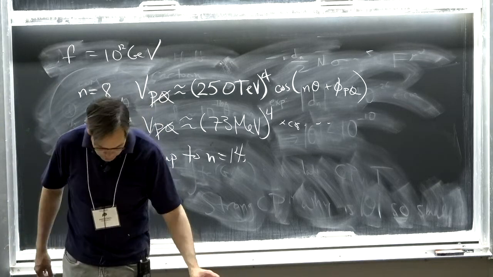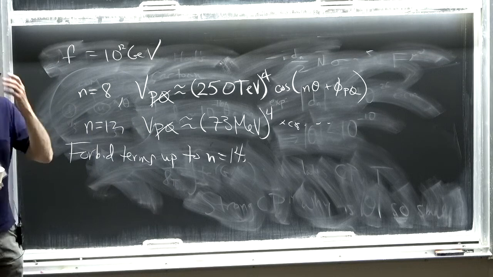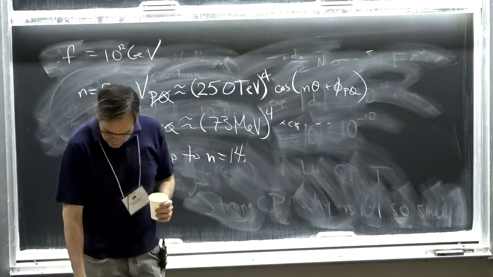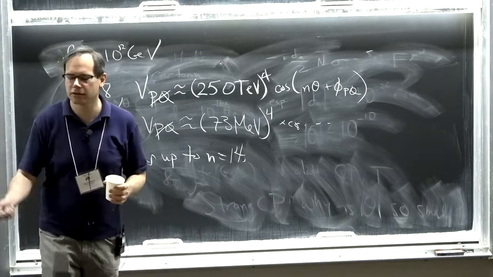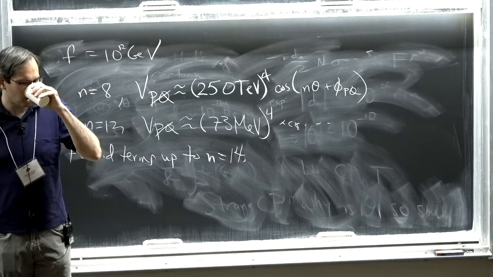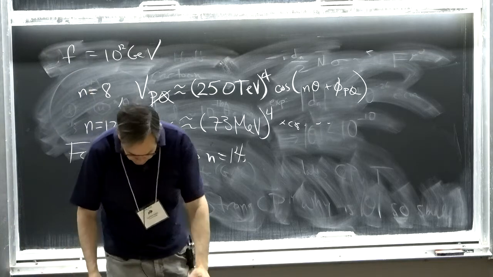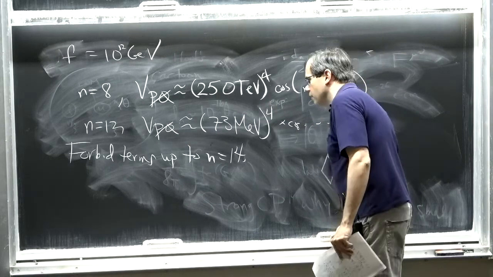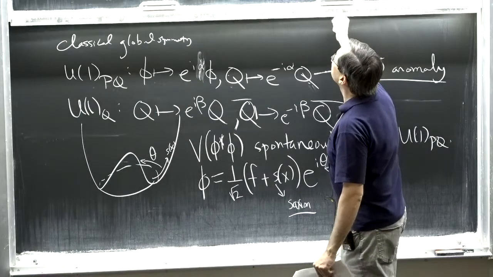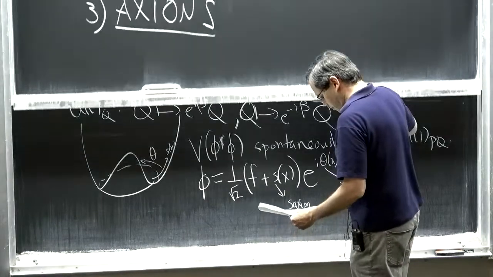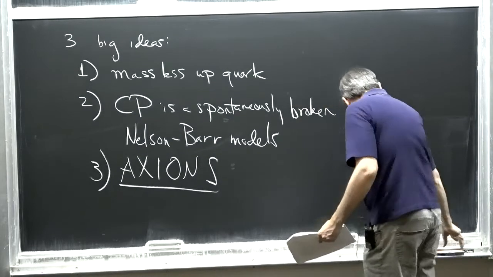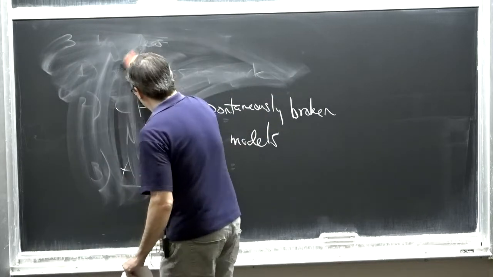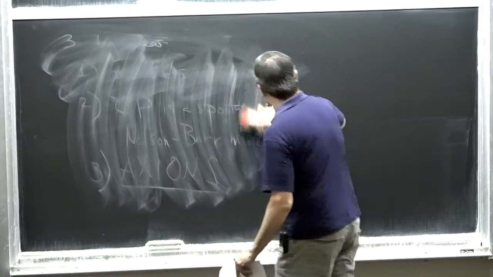Okay, so that's why if you talk to some model builders, they will say they don't quite believe in the axion, because you need this really strong condition. Yeah? Could you use the same mechanism to forbid all of the terms up to n equals 14? Potentially, yeah. So let me now say a few of the things people suggest, and then I'll tell you the one that I think is actually reasonable,